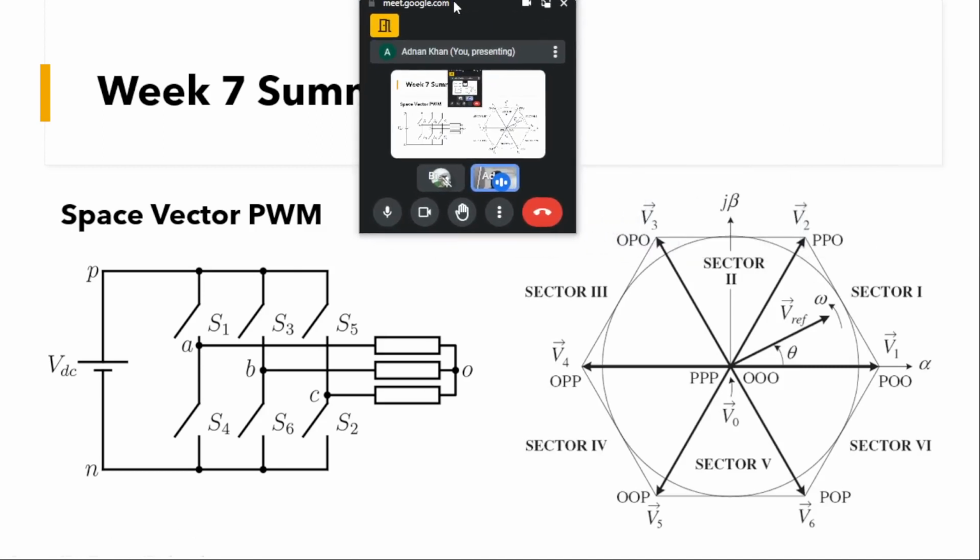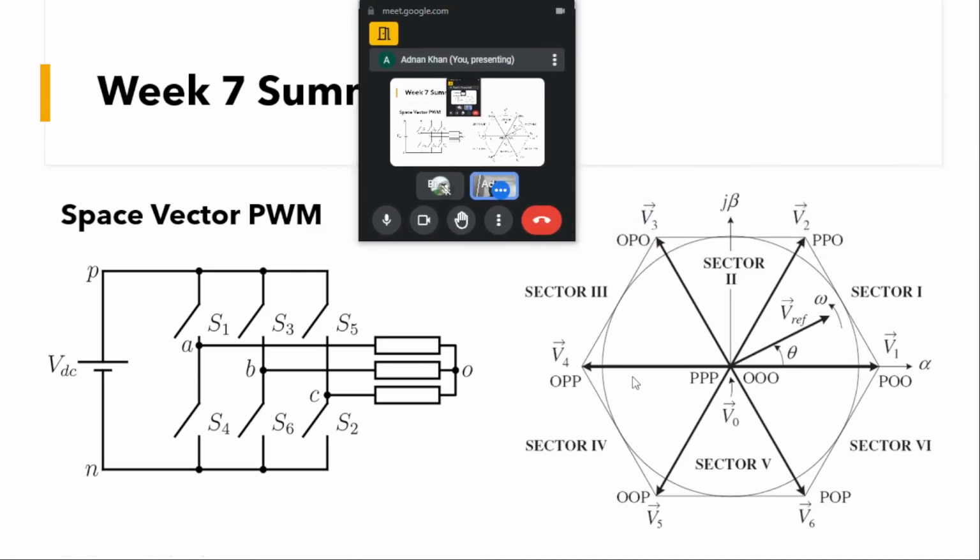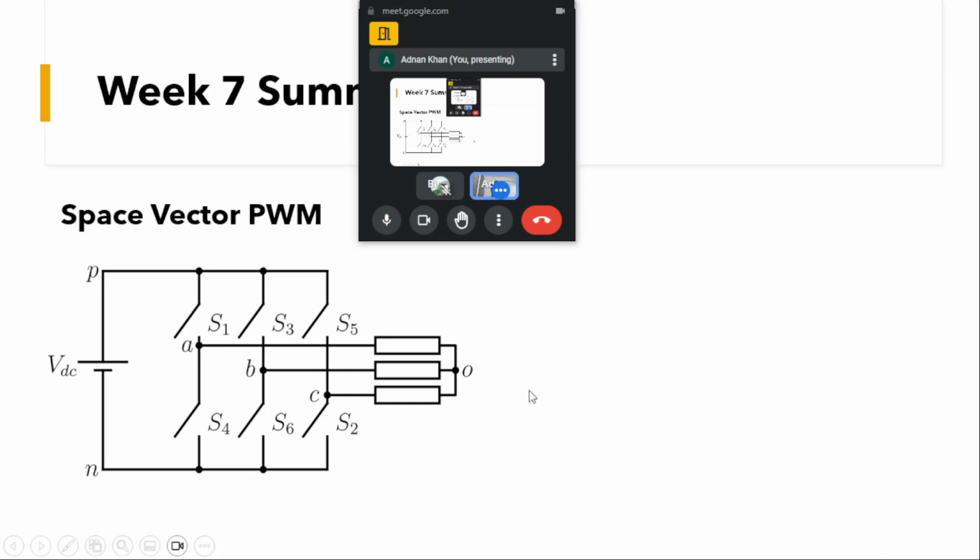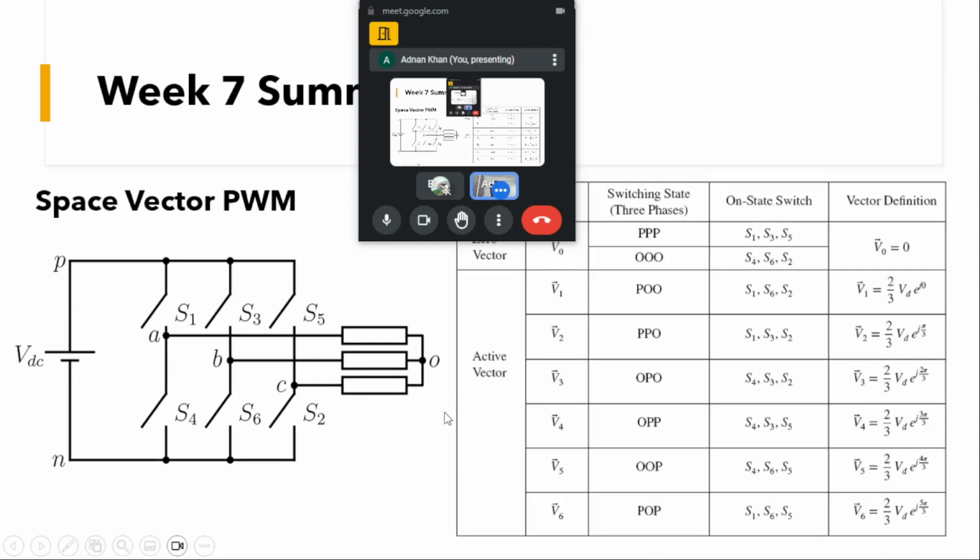So as you can see here, we saw different switching states that will be there. We can represent each of the switching states as a vector. How this vector comes out, we'll be seeing in the next slide. So if you can see, if we are having a zero vector, that will be represented, firstly coming to that,